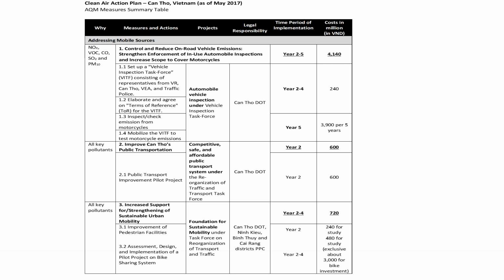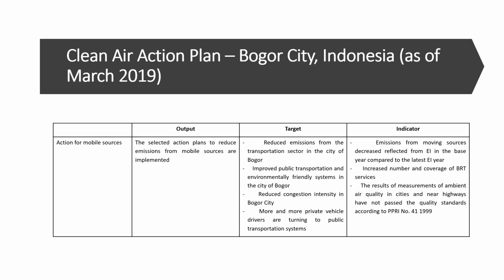And this is as of May 2017, where they have begun working in these areas to achieve targets. We are tracking the progress, but the results will be available in the next couple of months in terms of whether they have achieved better air quality or not. The second air action plan, where we have actually done some kind of a tracking mechanism and monitoring mechanism, is